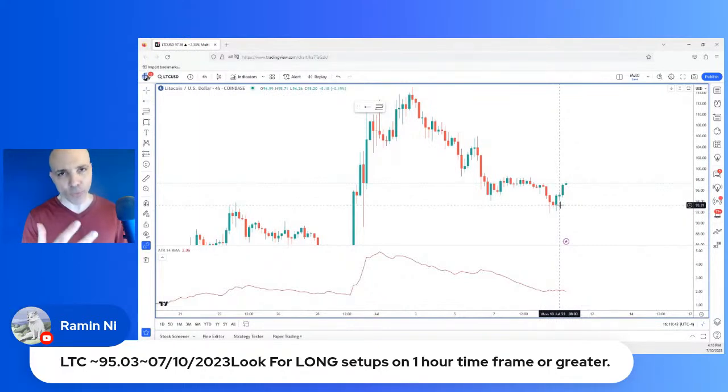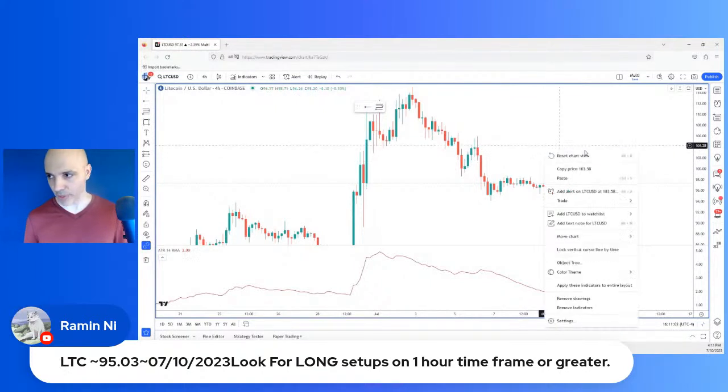And what I recommend you do from here is paper trade this thing, even from this current price, 97.28. Use that as your reference price. Paper trade this thing to see the outcome. Now, here's the thing. Let's say you have the trade scanner and you say, oh, okay, 95.03. What do you do now? Do you just jump in? Where do you put the stop? Where do you put the take profit? Well, that's what I'm going to show you.